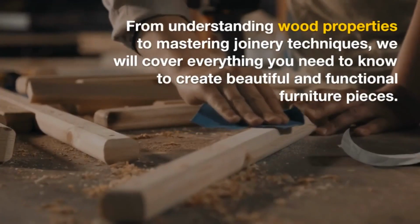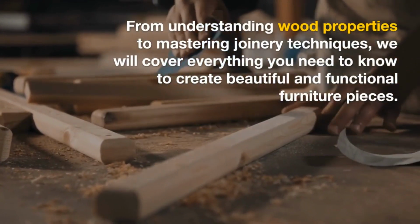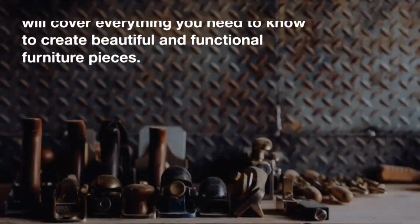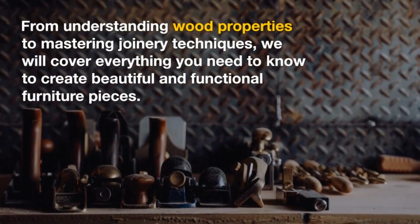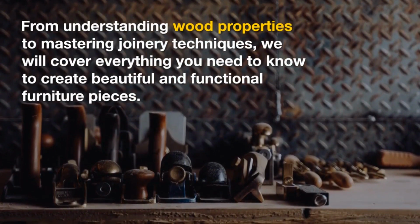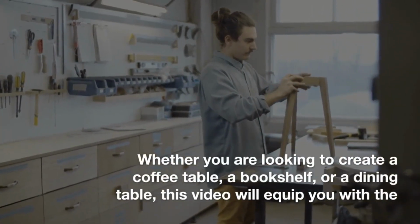From understanding wood properties to mastering joinery techniques, we will cover everything you need to know to create beautiful and functional furniture pieces. Whether you are looking to create a coffee table, a bookshelf, or a dining table, this video will equip you with the